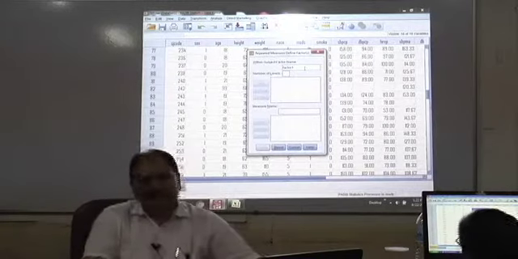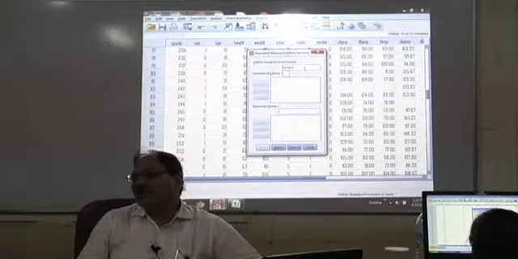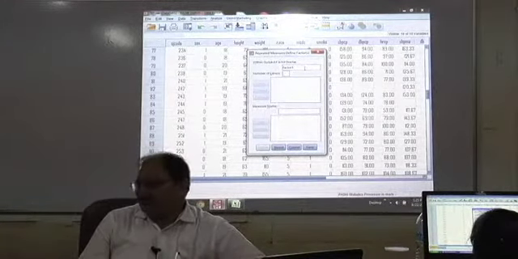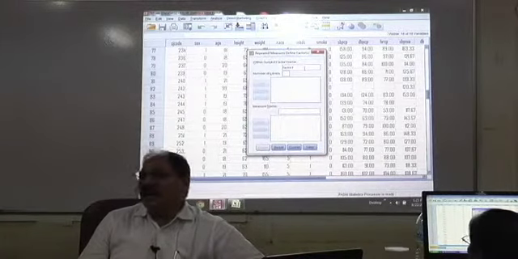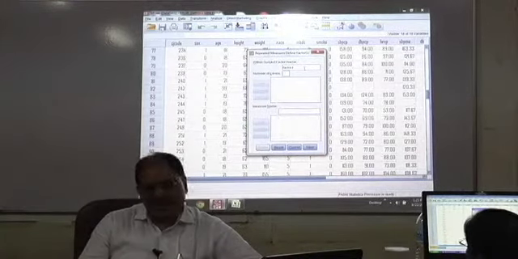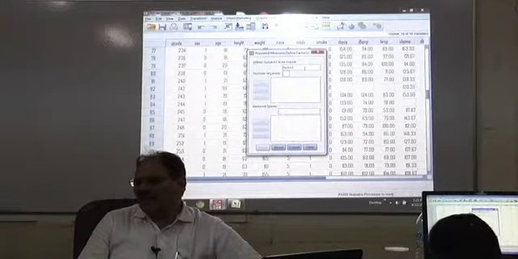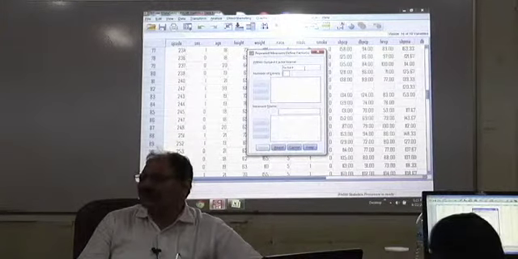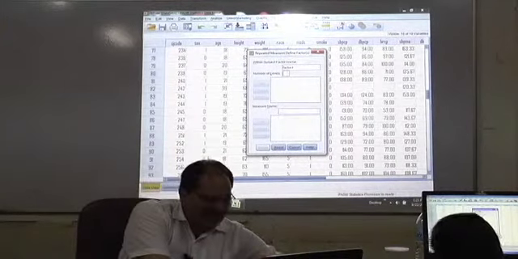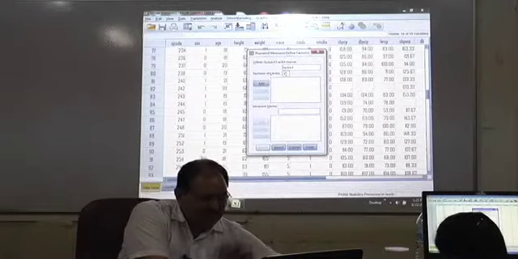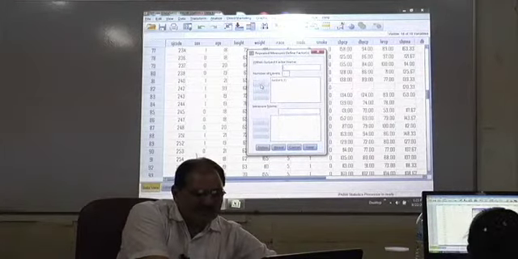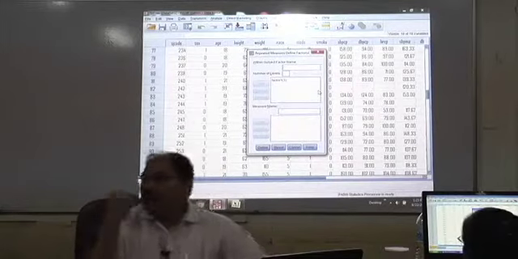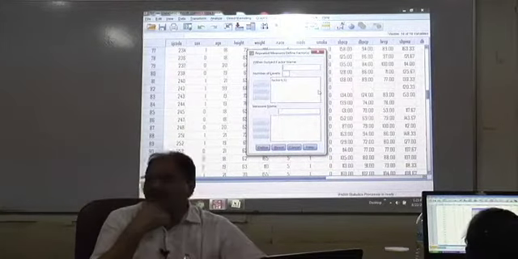Now, this factor means how many times. At factor we have to say how many times we are evaluating the variable. Once, twice, thrice. So in our case we are doing it thrice. So put 3. Add. Student: Sir, is it general linear model or generalized linear model? General linear model, GLM.